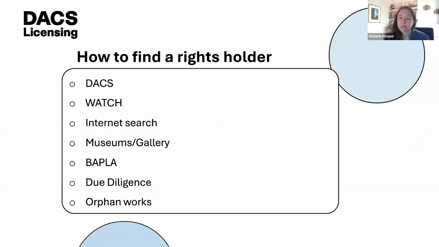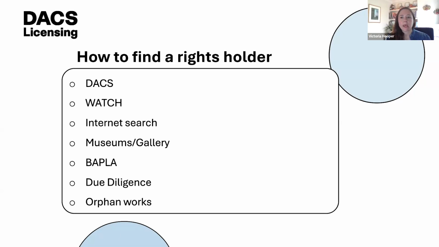So, how to find the rights holders. So this is one of the aspects that can be extremely challenging when needing to clear copyright and finding actually who does manage the rights and how to go about doing that. So to start with, just to go back to basics, once an original work is created, copyright lasts for the lifetime of an artist plus 70 years after they pass away. So after which point, the artist and their created works are in the public domain and free to use. So if you're before that point, then copyright is going to need to be cleared, and that's where the likes of DAX come into play.